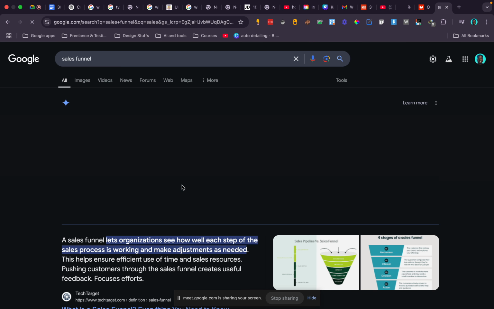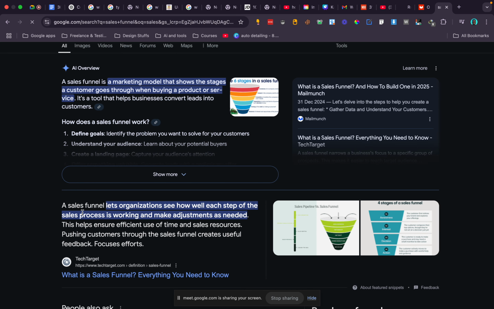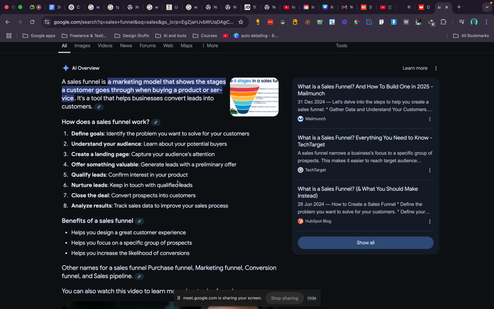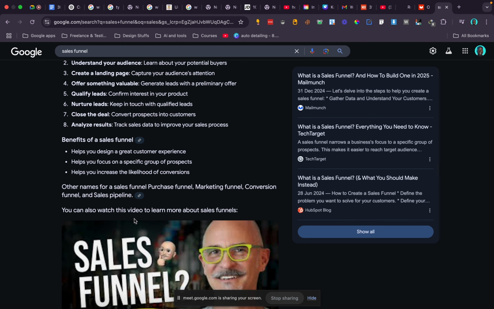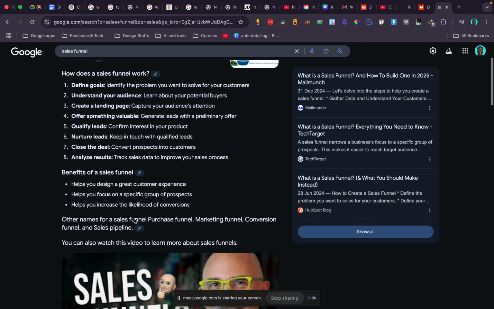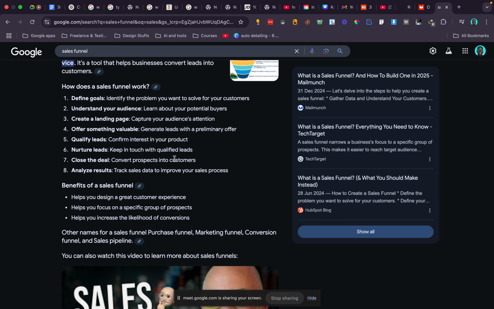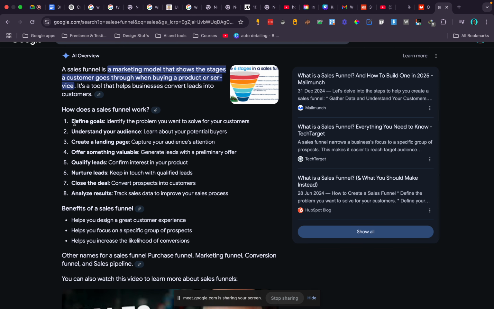A sales funnel is just each step in the sales process, from your advertisement to the next page they see, to where they see information about your product or your offer. Let's see, how does a sales funnel work?